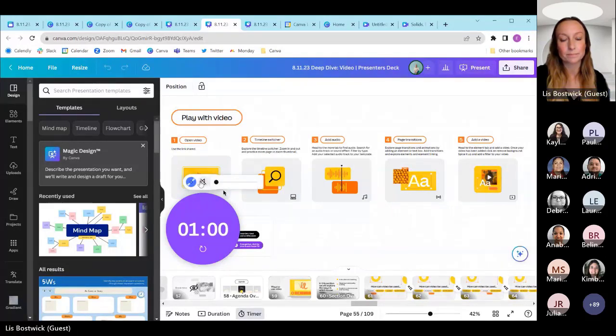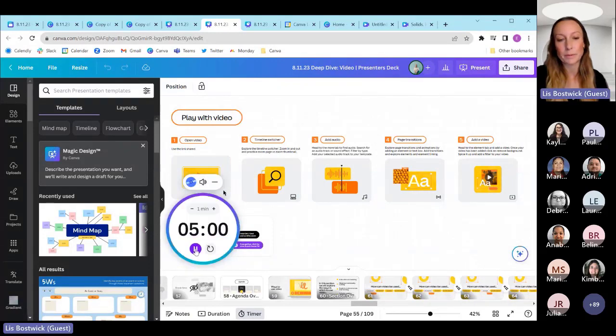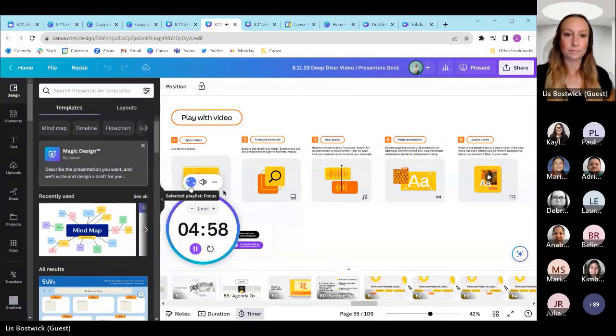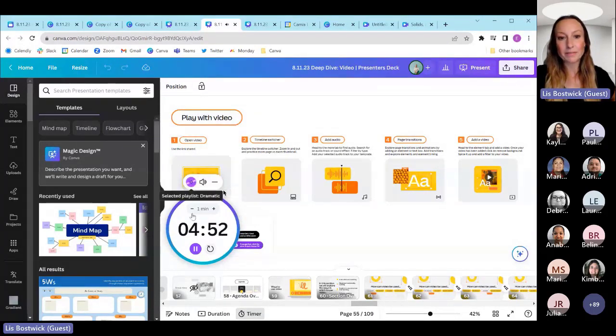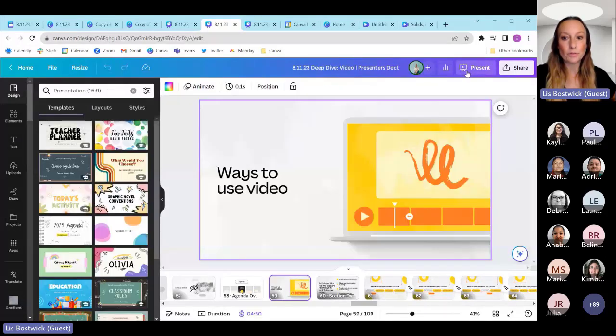We'll do that one. So just keep in mind, you have lots of options in here with this timer, which the music aspect of it is new. So let's go into some ways that you can use video.